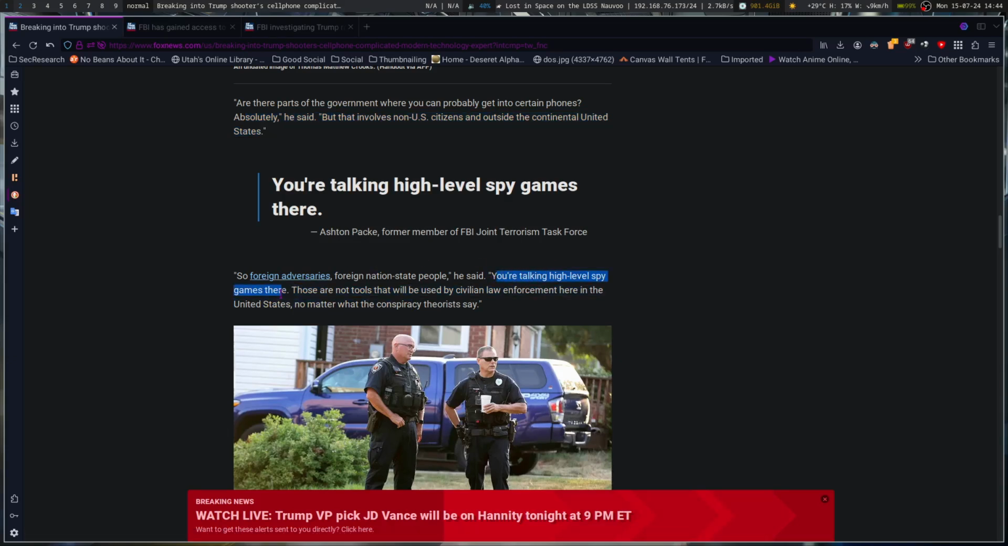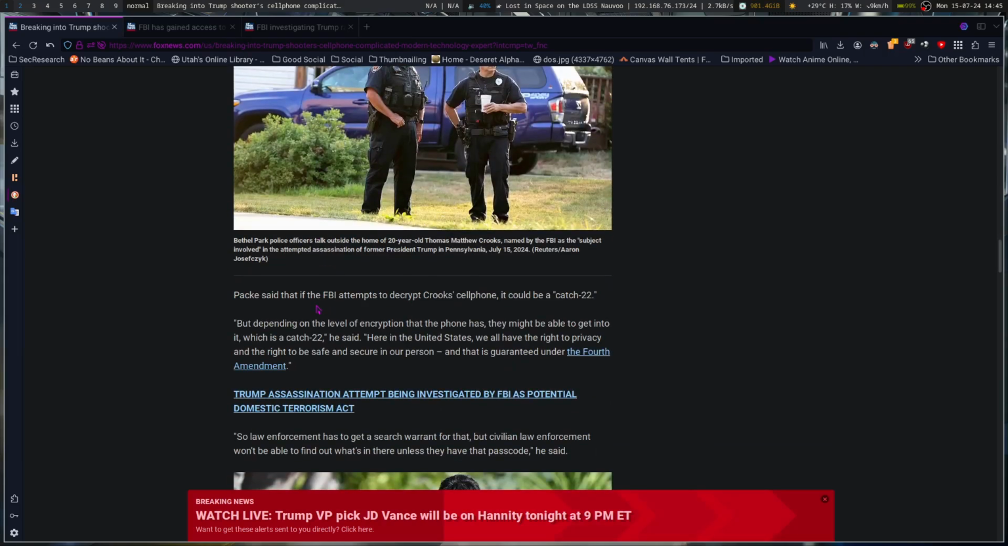Talking high-level spy games. Okay, this is a 20-year-old that, as I mentioned already last time, should have had no way of getting to where he did and somehow outsmarting federal agencies. I don't see him having those high-level spy games. And I'm not even playing high-level spy games, and my phone is a little bit better than what he probably has, in all honesty. Those are not tools that will be used by civilian law enforcement here in the United States. Well, a lot of them may be open source, actually, and available freely on the internet. But anyway,